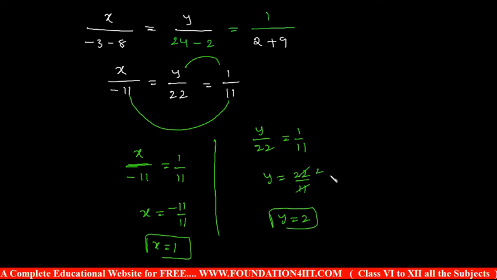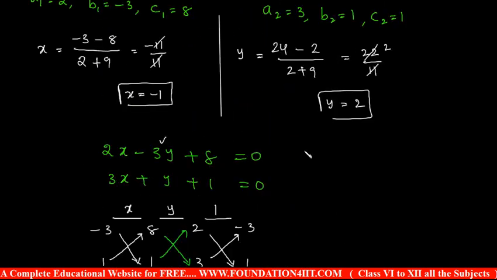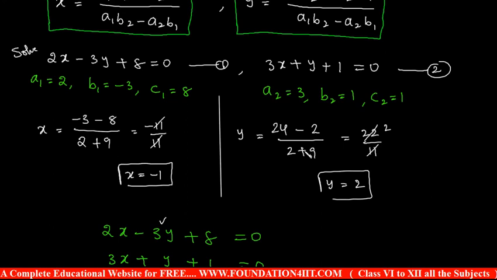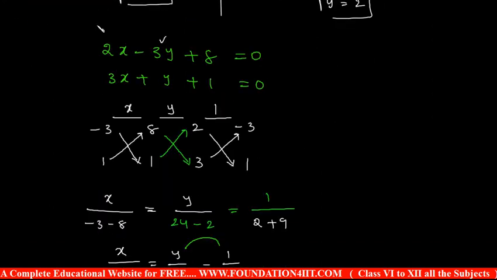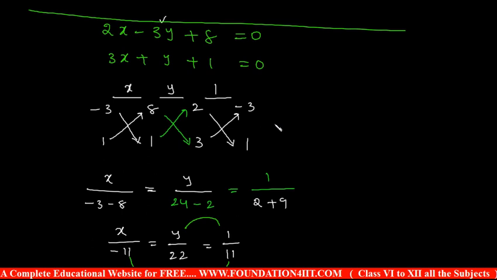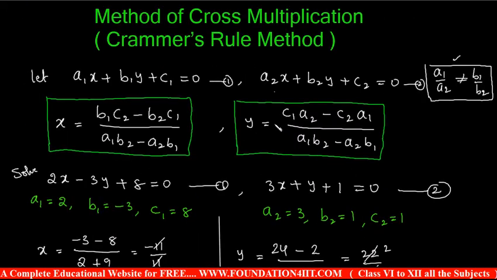11 ones are 11, 11 twos are 22. Here also the 11s cancel. So x is minus 1, y is 2. We got the same. It is the same formula, there is no difference. You can use the formula, otherwise you can directly apply this concept by arranging the coefficients in this way. So this is one alternate. They made the same formula like this. Otherwise you can remember this way of solving a system of linear equations. These are the simple x and y formulas. With just one or two times of practice it is easy.